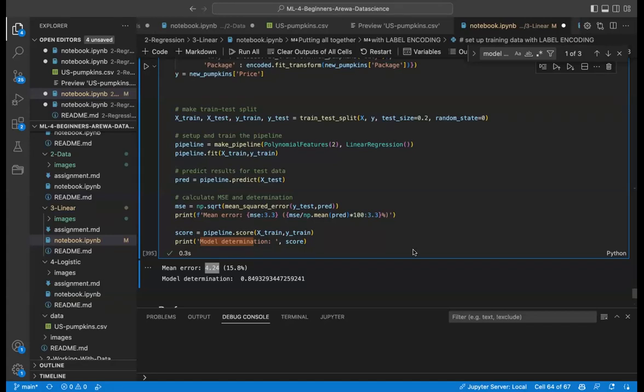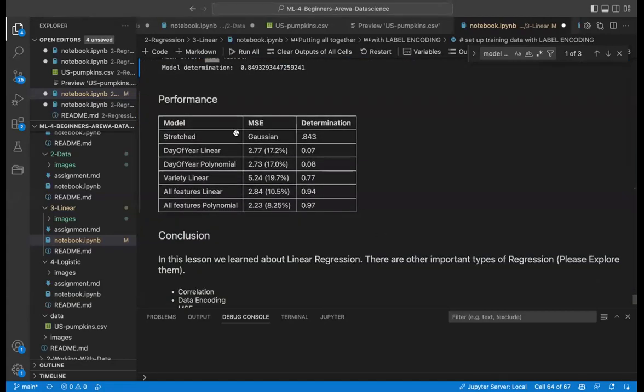Okay, I think this is the end of our lesson. This table also compares all the performances of all the trials that we did. Some of them we didn't even do, but you can see how the performances are being compared. I hope you can check it out and compare it with the codes. And